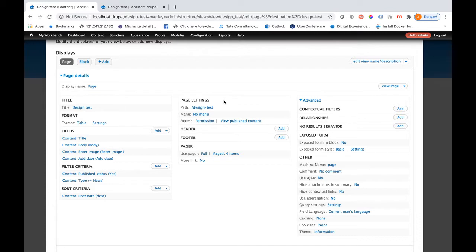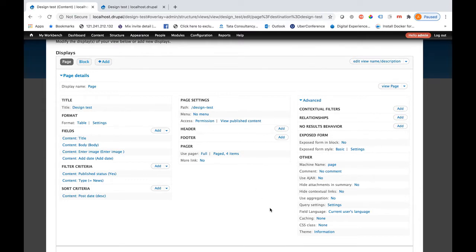This class is a continuation of Drupal views. In this particular section, I'll be showing you how to theme your Drupal views. There are basically two ways by which you can do the theming. The first one is that there are available fields within the Drupal view where you can add the tokens and the HTML structure. If I show it to you, it will be easy for you to understand.